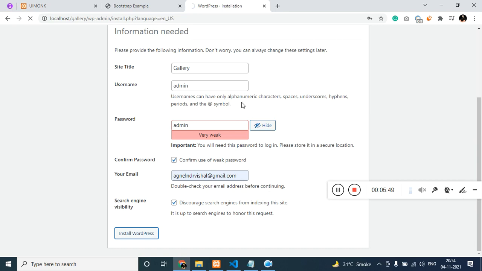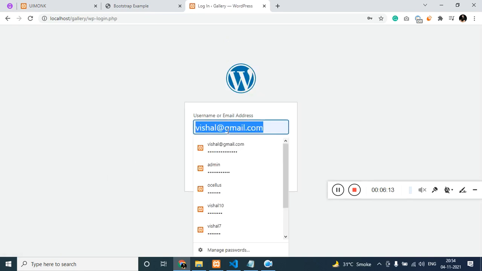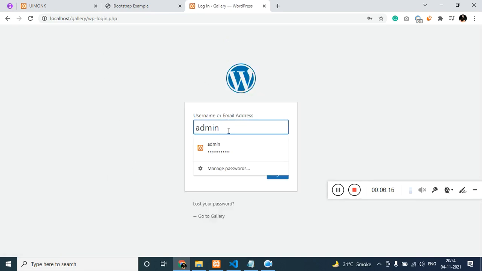We don't have to get deep into it. It's fairly straightforward. You just need to read and you can clearly understand it. The reason for creating this account is whenever you want to log in to the website, you just need to give the username and password which we have created right now. So that's the reason. Now it says the username and password is ready. Click on login. Now we can log in with the credential which we have created right now. Click on login, and this is the WordPress dashboard.